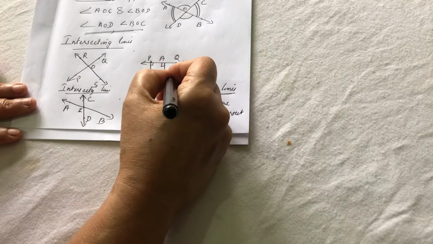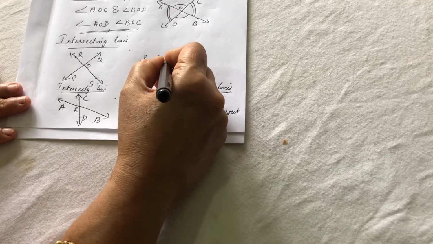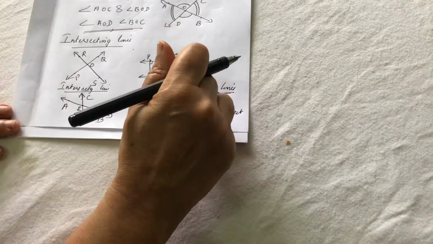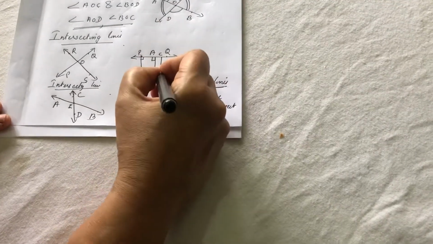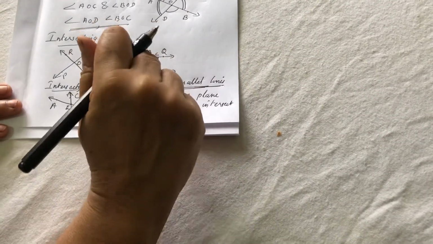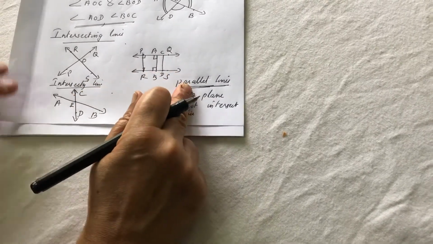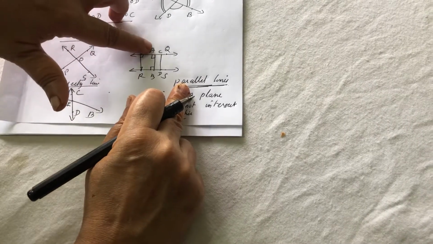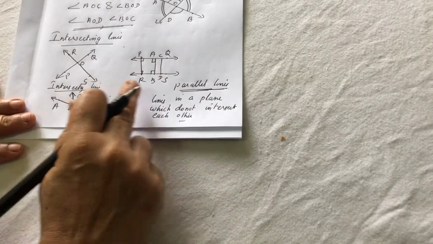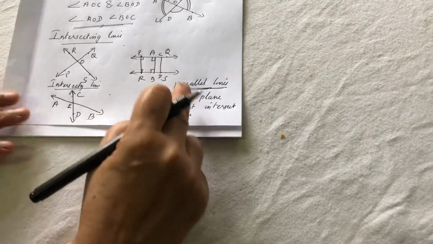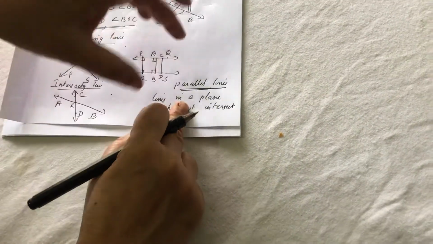You take another point here and draw the perpendicular. That line should be perpendicular to both the parallel lines. Therefore, the length of the common perpendiculars at different points on the parallel lines is the same. That means PR is equal to AB is equal to CD. Therefore this equal length is called the distance between the parallel lines. The distance between the parallel lines is the same.